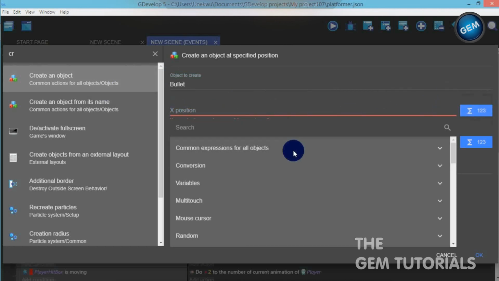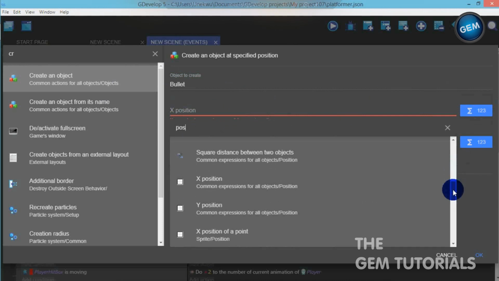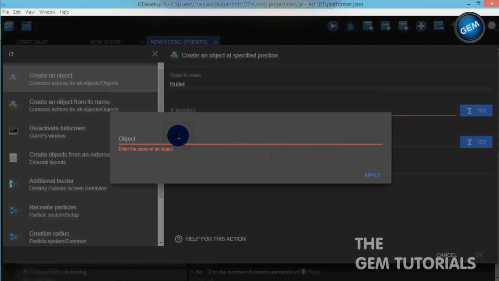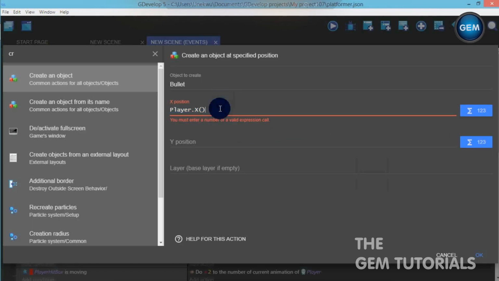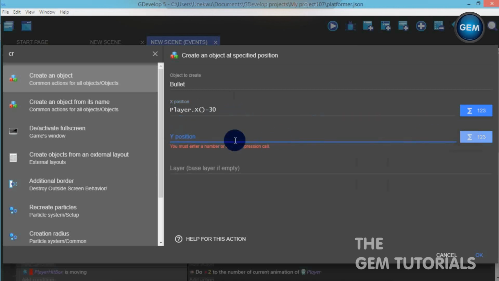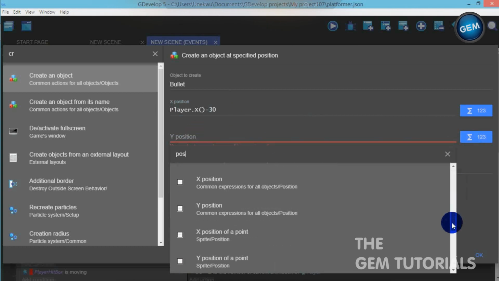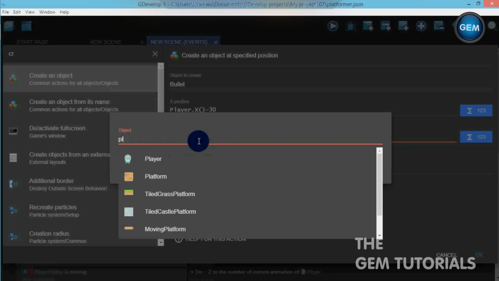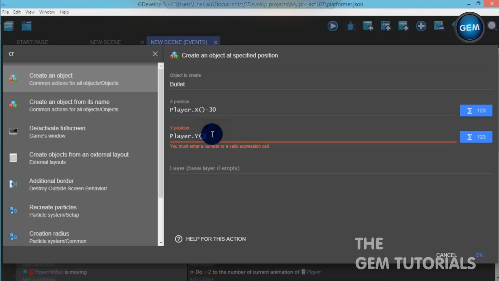Okay, here. Position. Scroll down. Here it is. So on the X position of player, apply. Let's add minus 30 because this will be behind the player, so minus 30, that's the X position, and then the Y position, player position, Y position, add object player. So this way we see is the Y position of our right side, so that'll be a plus 65 base layer. Okay,